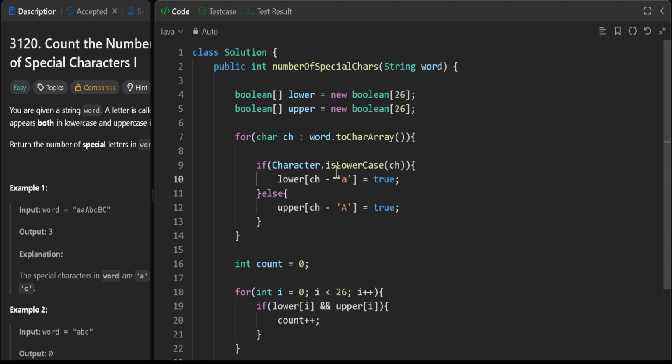loop. Let's suppose for each character we'll check whether this is already available in the lower and uppercase arrays, which are these two as a kind of visited cells we have used for lowercase and uppercase. So we'll check that it is available in the lowercase and also available in the uppercase. Then we'll just increase the count, as you can see here, count plus